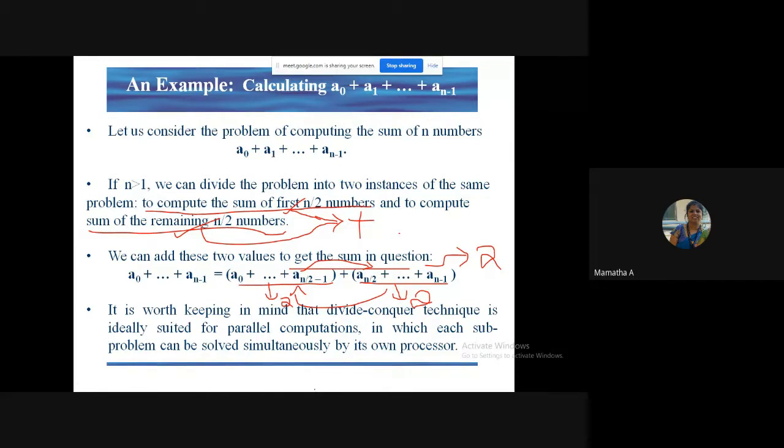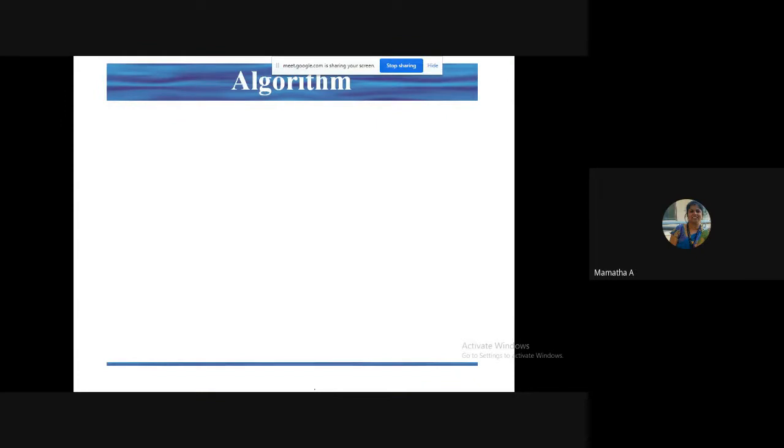Okay. Now let us write the algorithm for this sum of n numbers. I have the name given as add, and I have an array A, low and high. Can anybody guess why we are using this low and high here, students? What does this low and high indicate for me? Initially, what do low and high contain? Ma'am, low contains 0 and high contains n minus 1.